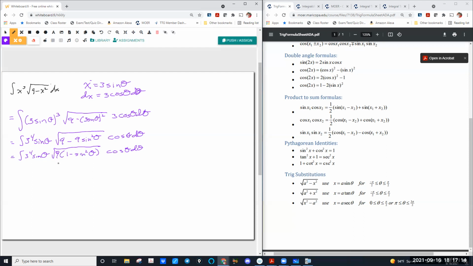So what happens next? If you want, you can take the 9 out of the square root, make it a 3. We're going to end up doing that anyway, so do that next. Usually I'd write the 3 to the 4th, but I haven't done it yet, so we'll do it in the next step. This is going to be square root of 9 cosine squared theta. So let's note we're using a Pythagorean identity. One minus sine squared theta equals